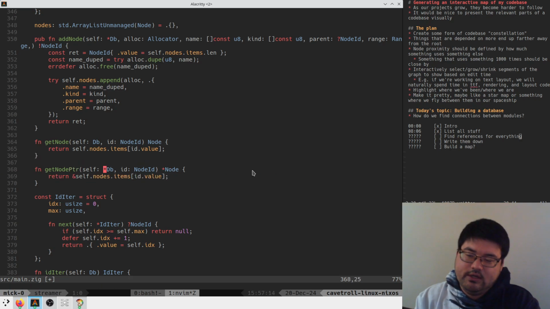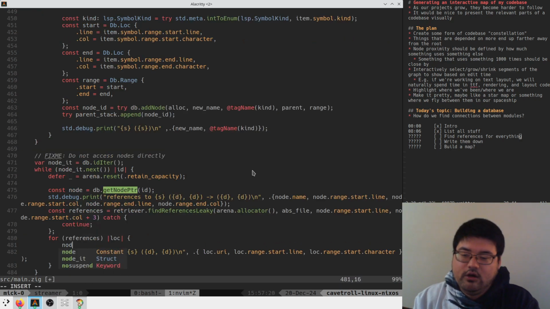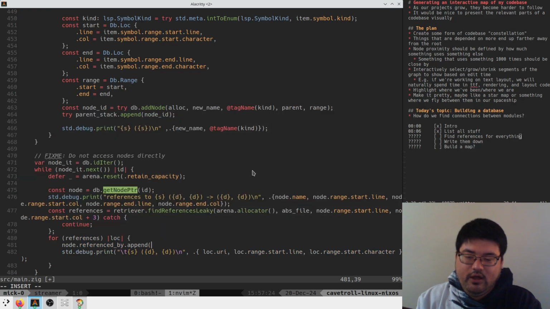That takes in this thing by pointer here as well. Then we can do get node pointer, and we could update this thing now. We could say node dot referenced by, and we can append with an allocator of all this stuff, right? We can do that now. But before we do this, we actually have to say,